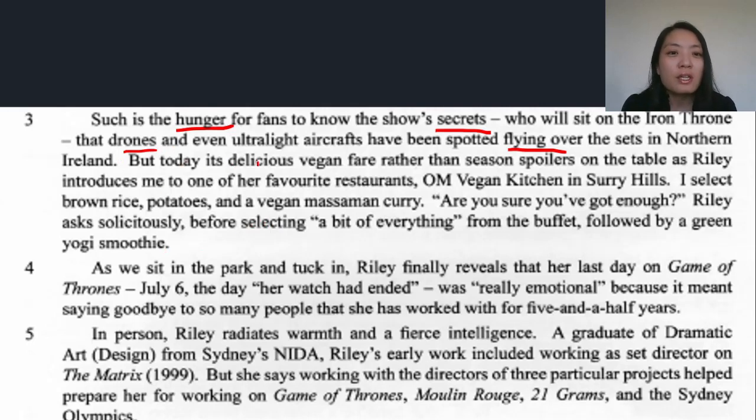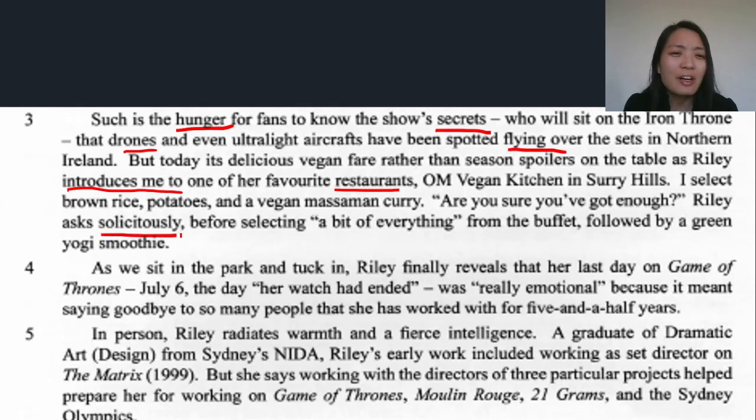But today, it's delicious vegan fare rather than season spoilers on the table as Riley introduces me to one of her favorite restaurants, OM Vegan Kitchen in Surrey Hills. All right, so we know that what happens here is that the writer has actually met Riley, and is eating. Riley introduced her to one of the favorite restaurants and is probably eating with Riley. And this writer said, I select brown rice, potatoes, and a vegan masamam curry. And are you sure you've got enough? Riley asked